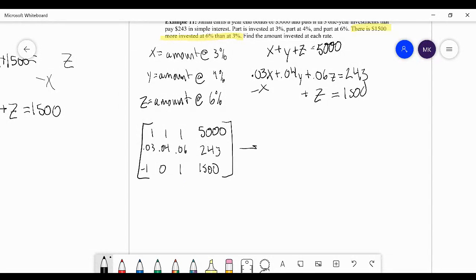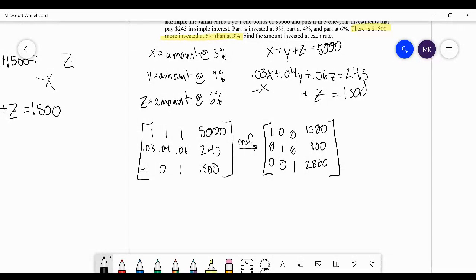From there, we can put this into reduced row echelon form. This is something I do that helps symbolize what you're doing: an arrow, saying I'm taking this augmented matrix into this other matrix by doing reduced row echelon form, or RREF. What I end up with is 1, 0, 0, 0, 1, 0, 0, 0, 1. That's our reduced row echelon form, but we have that final column, and we get 1300, 900, 2800. And so what this tells me